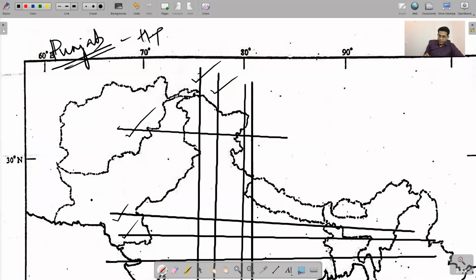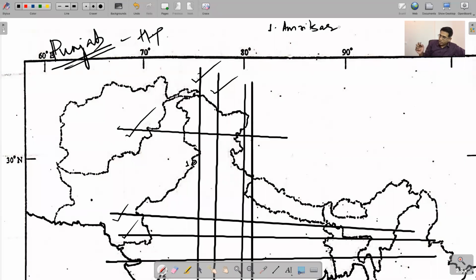So the first entry for Punjab, see if you can see this point here. This is like a curve here, right at the tip of this curve. Okay, so this is more or less this point here. This is Amritsar. The tip of this curve, this point is Amritsar. So let's mark this as 1, Amritsar. So point number 1 is Amritsar.